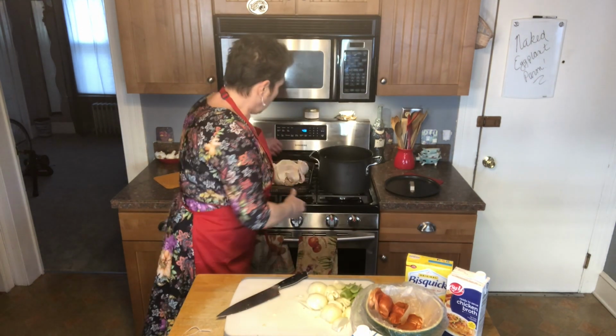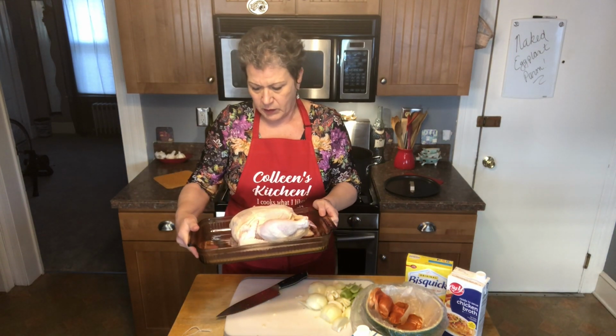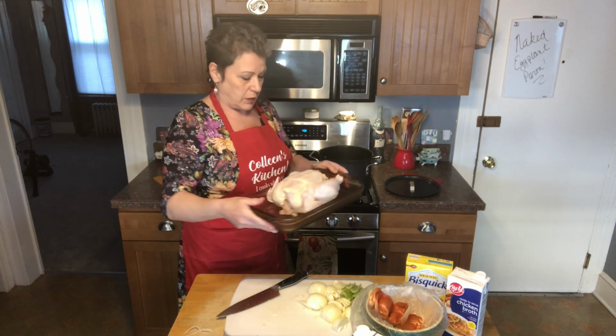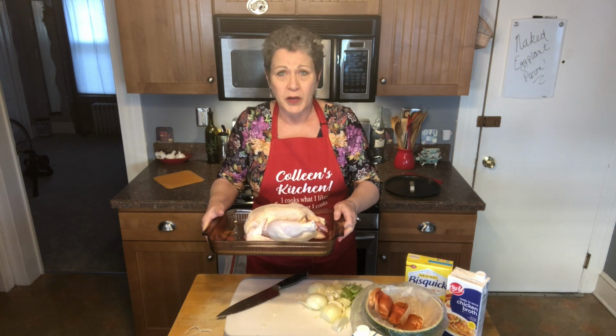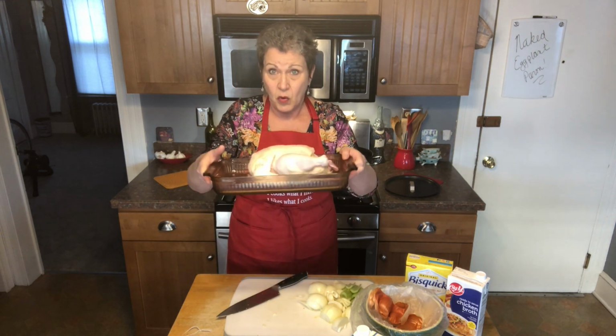I've got my whole chicken, and I don't know how many pounds it is. I'll let you know how many pounds it is, but it's just one that you find in your meat department, wrapped up. Pick the size that you want, and you can use as much meat as you want off the bone. If you want to reserve some for something else, by all means, do that. But I'm going to take this whole big chicken,